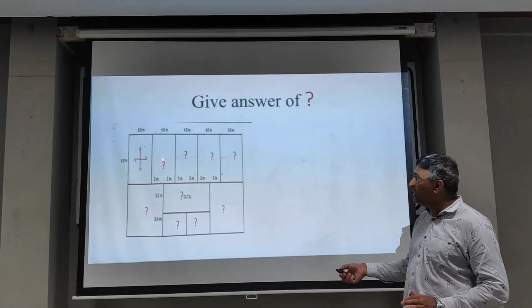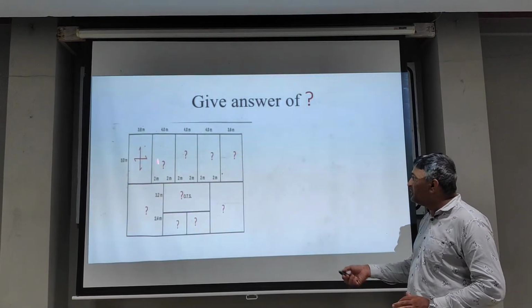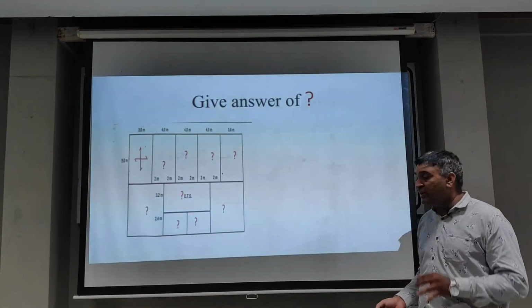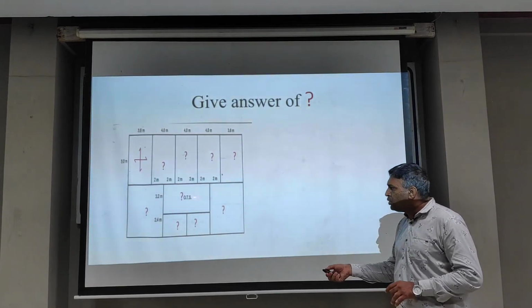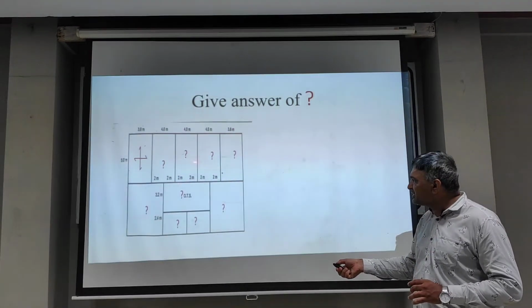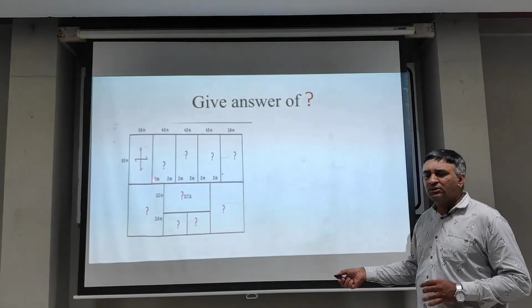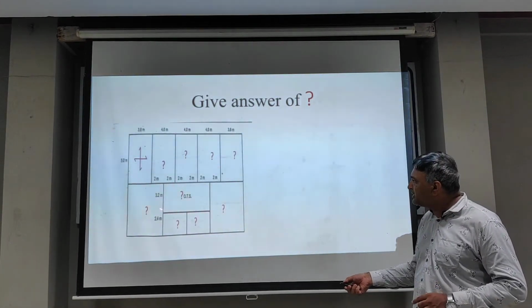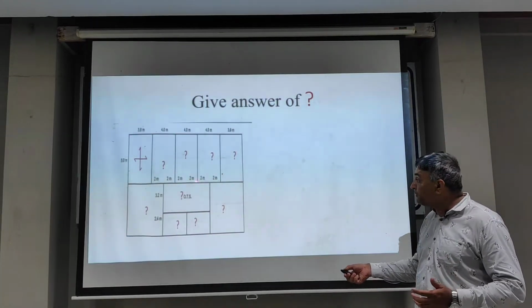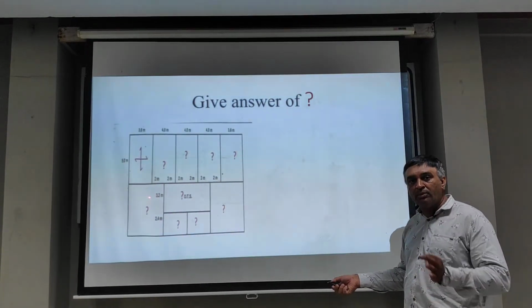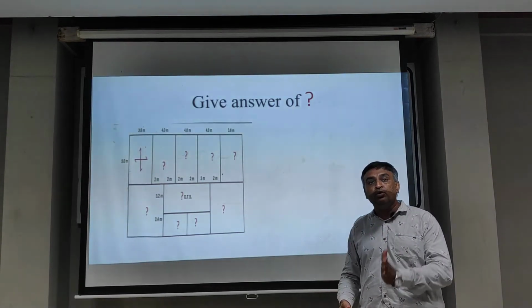So that is again a two-way slab. Like that, your answer is here. Now one more question: what is the answer for this OTS? In most of the classes, whenever I ask a question related to this, most of the students try to divide this by this, or this by this, but they don't understand what the full form of OTS is. The full form of OTS is open to sky.